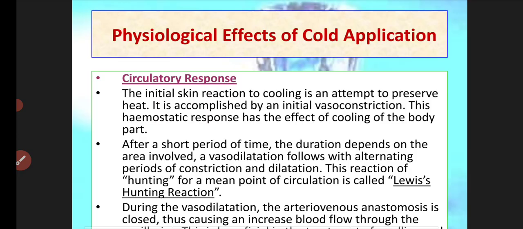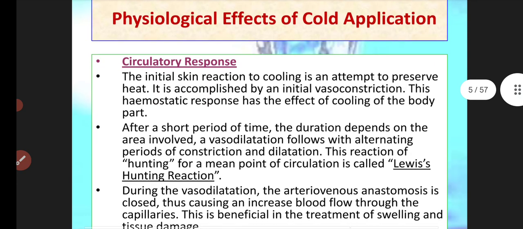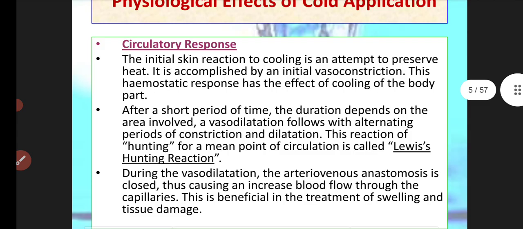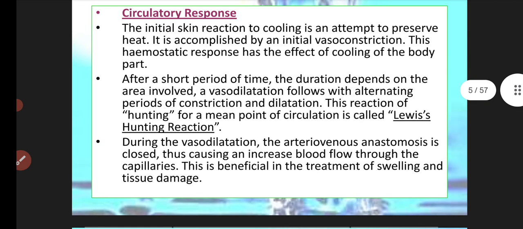What is the physiological effect? Number one is the circulatory response. The initial skin reaction to cooling is an attempt to preserve heat. It is accomplished by an initial vasoconstriction. So, what occurs? At first, when you apply ice to the skin, vasoconstriction occurs. Then this hemostatic response has the effect of cooling the body part. Okay. Next, after a short period of time, the duration of which depends on the area involved,